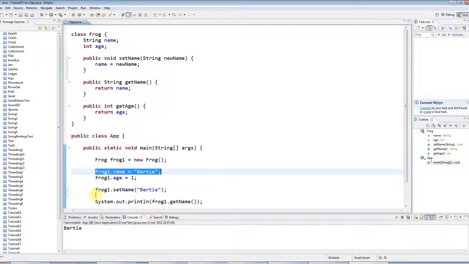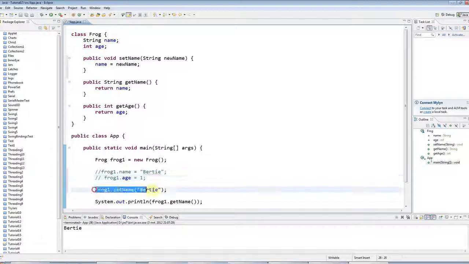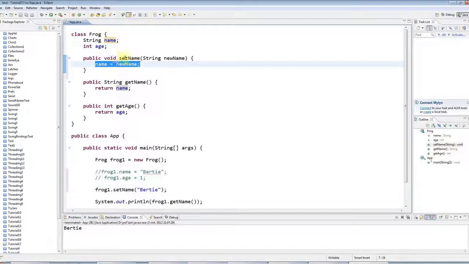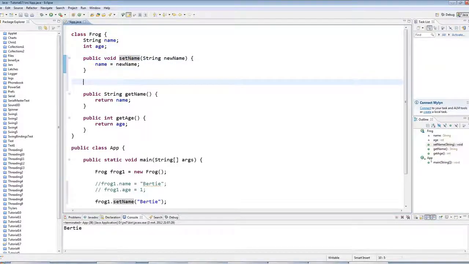It's really important though not to confuse these two, because of course here I'm setting an instance variable with the equals sign, whereas here I'm calling a method. So here I'm actually making some code run, but it just so happens that what all the code does is to take the parameter that I pass it and assign it to the instance variable name, and that's why it's called setName, of course. And I could also define a setAge, so public void setAge, int age, and